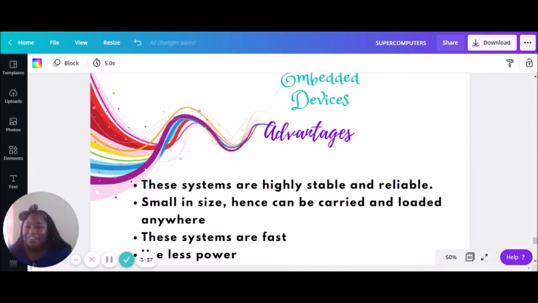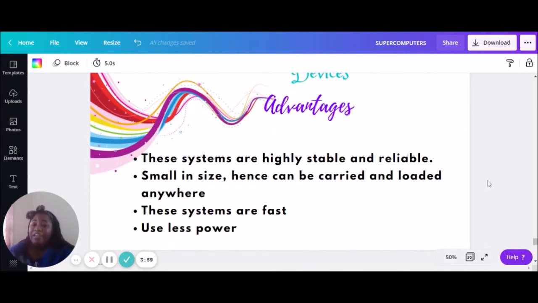They're very fast. Think of your microwave, think of your washing machine, think of how quickly it responds to you. And if you don't know what I'm talking about, chill, guys. We have a video that shows everything on YouTube nowadays. So just YouTube it and you'll see what I'm talking about, right? So they're very fast. And because they're so fast and so small, they don't take a lot of power to use. So for the parents who may be watching this, you don't have to worry. Embedded devices do not make you have a higher light bill at the end of the month.